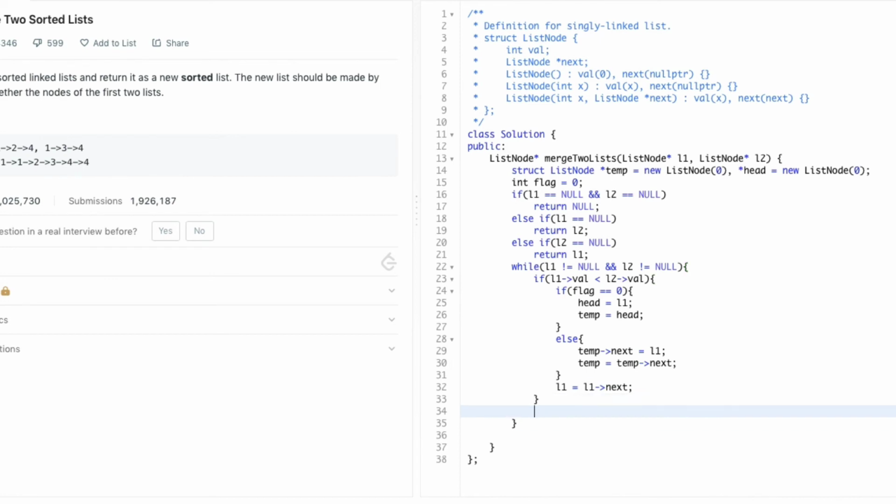If L1 is not less than L2, then the code is similar except instead of temp pointing to L1, it points to L2.